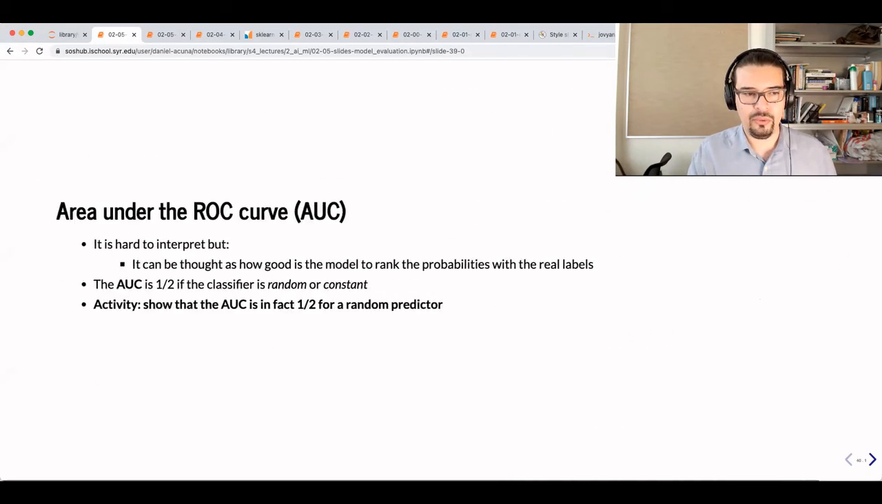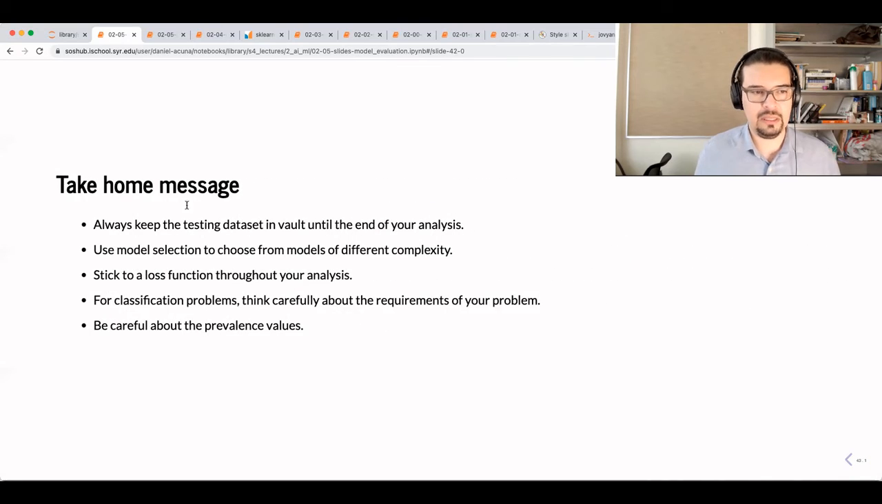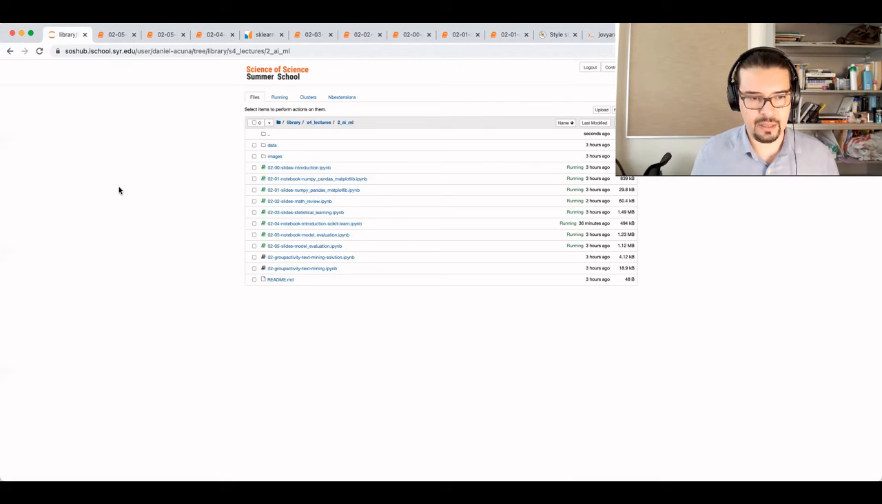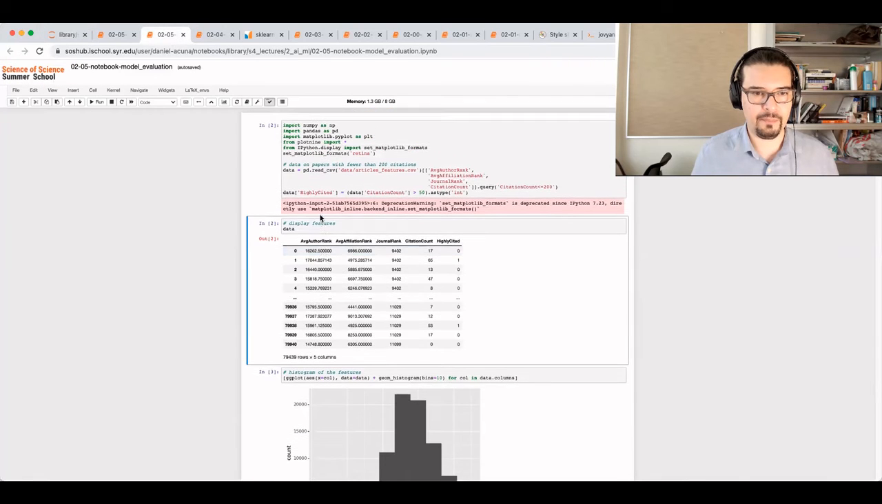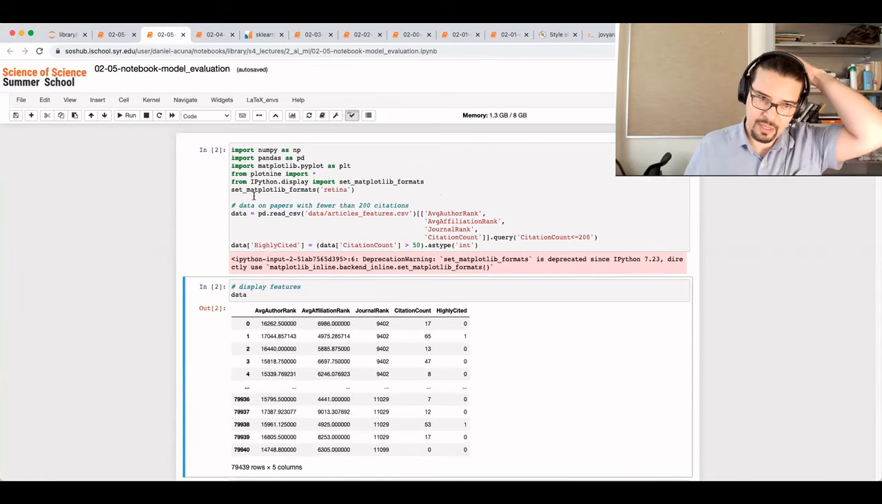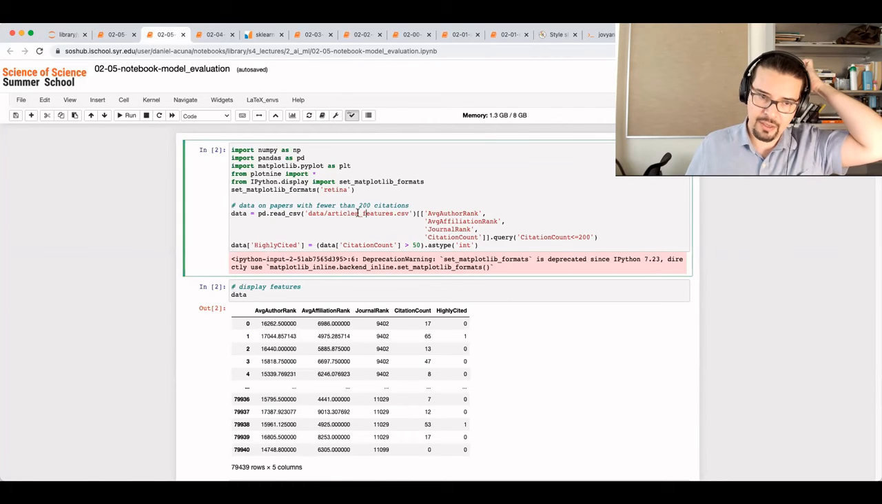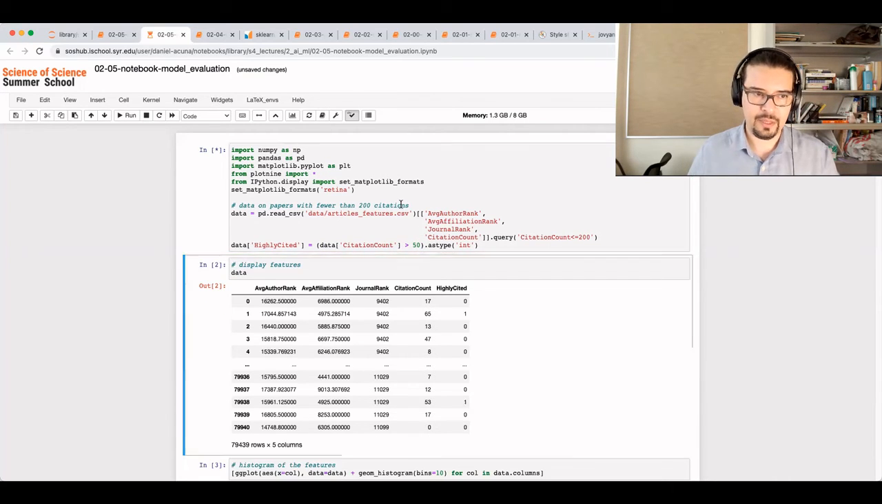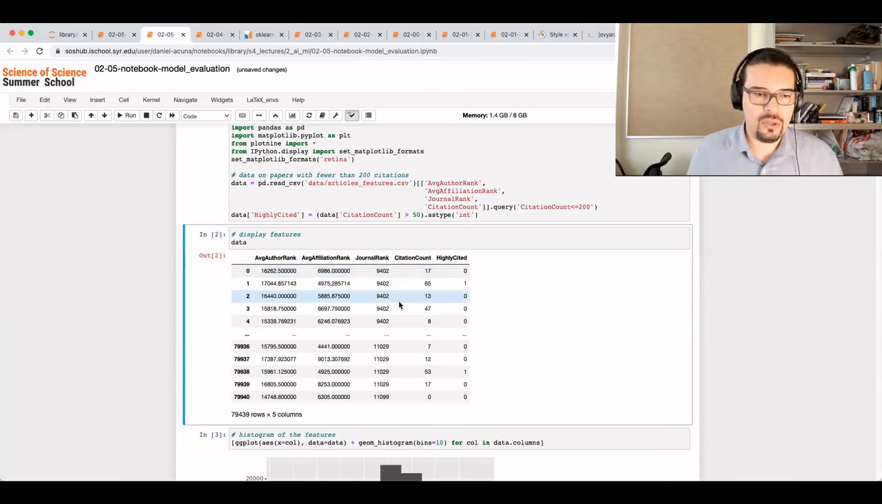So I wanted to move now on to how to do this cross-validation business with Scikit-Learn. Here I have the code for loading the articles features. I have the author rank, the affiliation, the journal rank, and the citation count. I'm only looking at papers that have less than 200 citations, and I'm adding a column called highly cited. This will be highly cited if it has more than 50 citations. So I want to take these features and predict the citation count, which would be the regression,